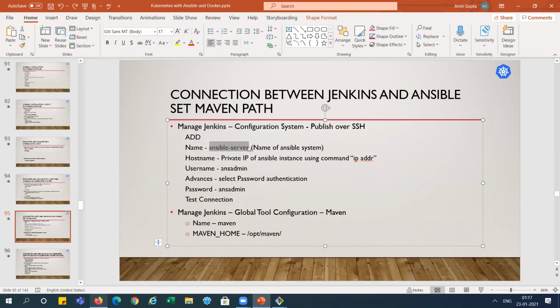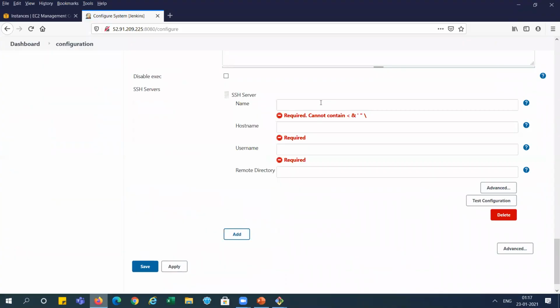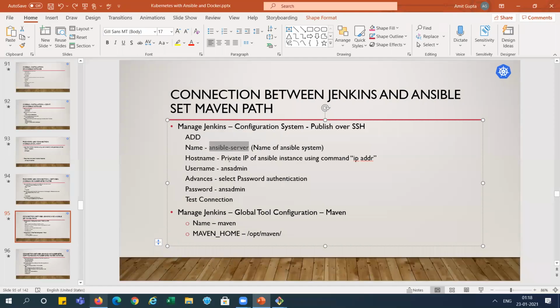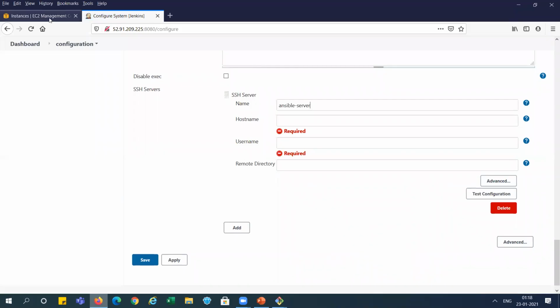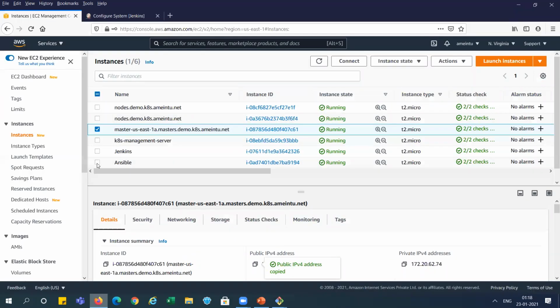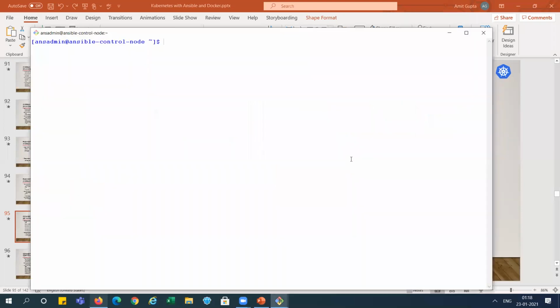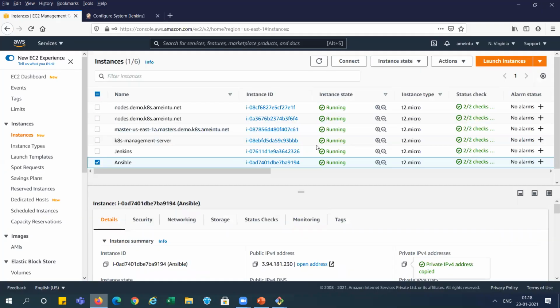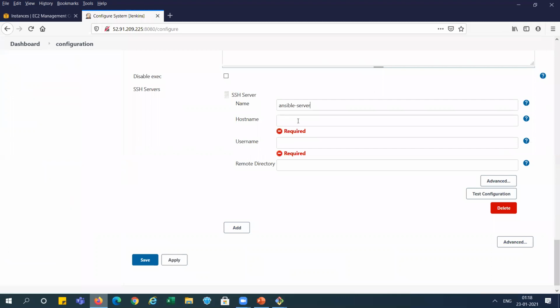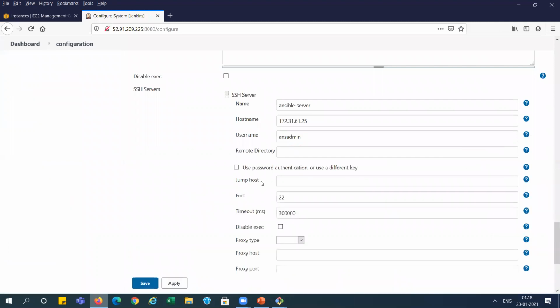We are creating this for the Ansible server, and this is the private IP for the Ansible machine, right? We will go here, the Ansible system is here, and the private IP is this one. Sorry, I think we have a next step. Yeah, here, and the username is the admin user which you have created. In the advanced option, you will use password authentication, right?